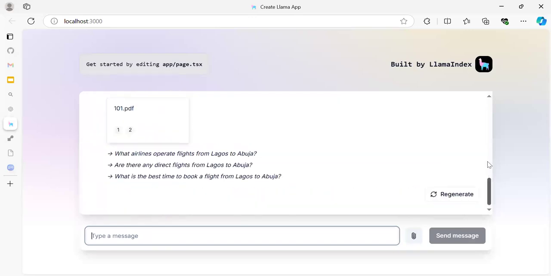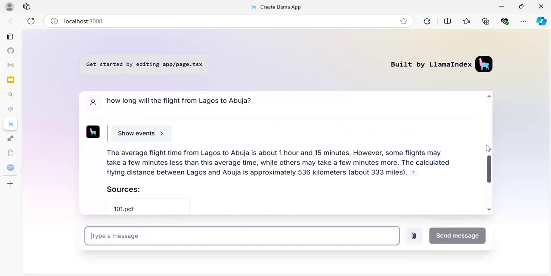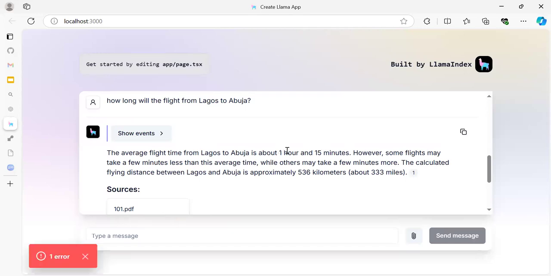You can see that the average flight from Lagos to Abuja takes 1 hour 15 minutes, and it gives further details, notifying the user that it depends on the route the person is taking, in the sense that route A and route B might not be the same. So that is it.